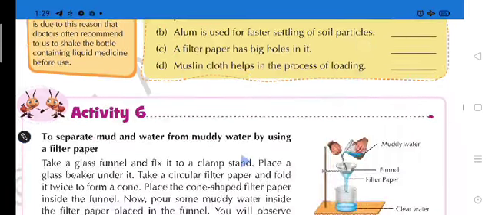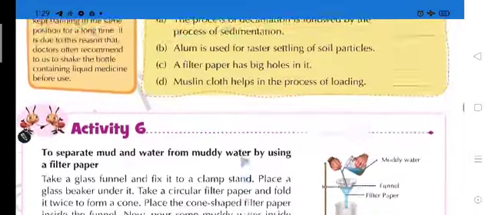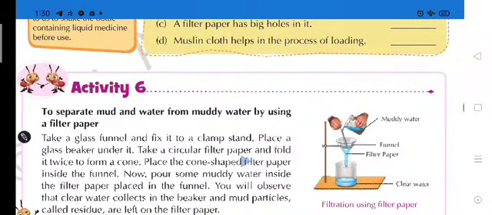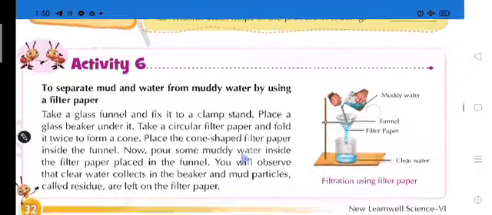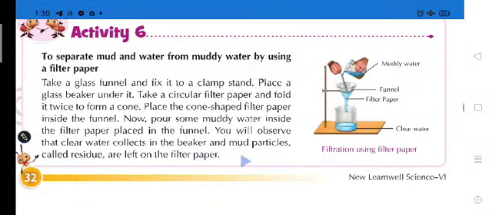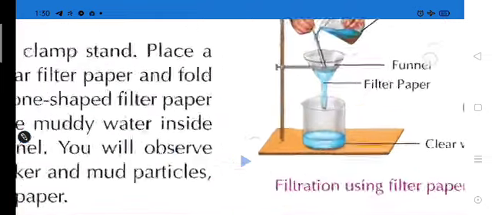Now here again is an activity to separate mud and water from muddy water by using a filter paper. Students, I had explained to you how we are able to filter the fine particles present in water. You will understand by this image.